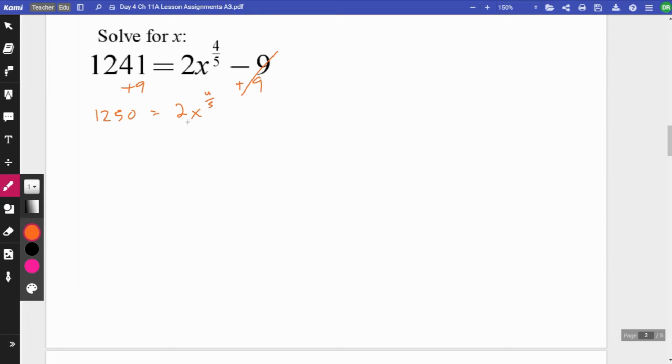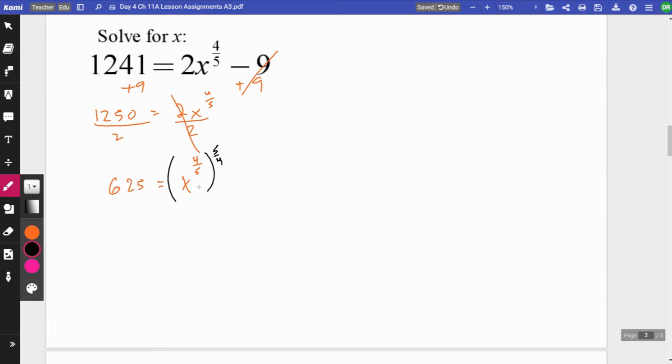Okay, next would be divide by 2. All right, we get x to the 4/5, and this would be 625. I'll show you the way that can take this down rather quickly. I want to get x by itself. I'm going to raise it to the reciprocal power,